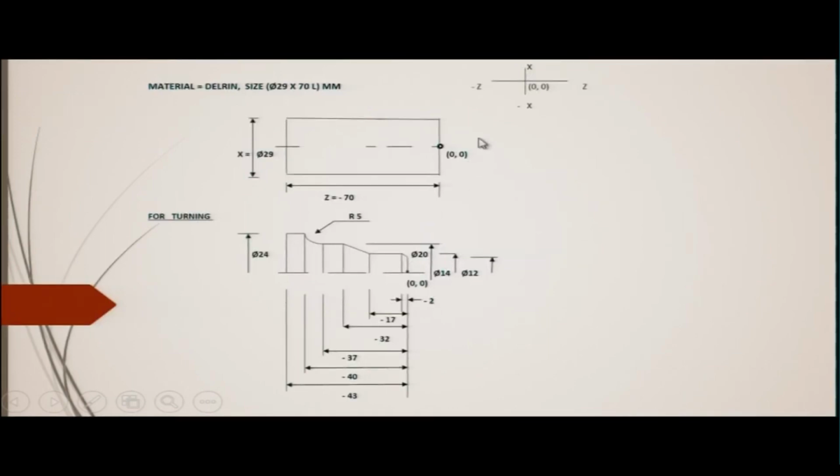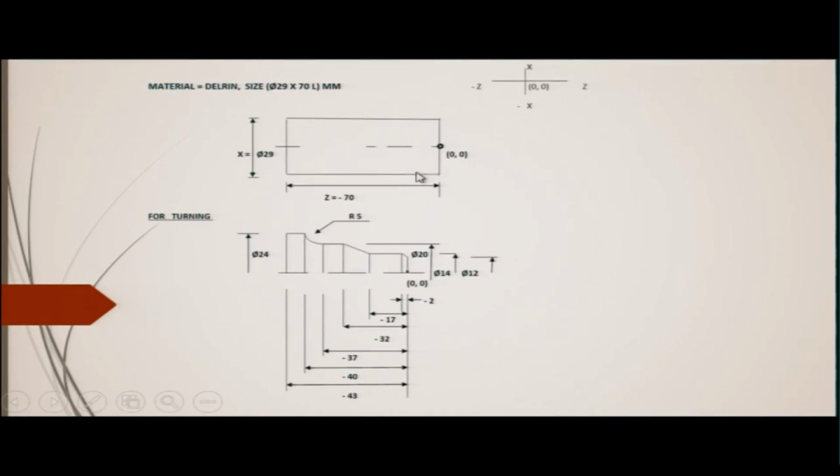For this, we select a blank. Okay. This blank we have taken as 70 millimeter into 29 millimeter. Although, if you see that we need only 43 millimeter, so the remaining we have to remove, and in the diameter we have taken the diameter of 29 and we have to get only the 24. Okay. So, this is taken because we have to have some kind of